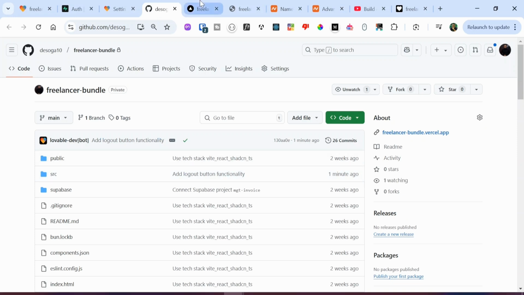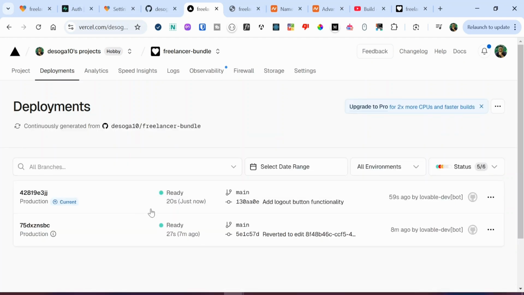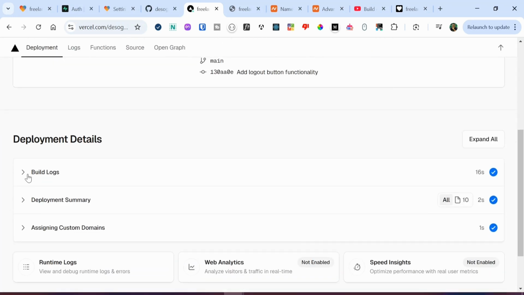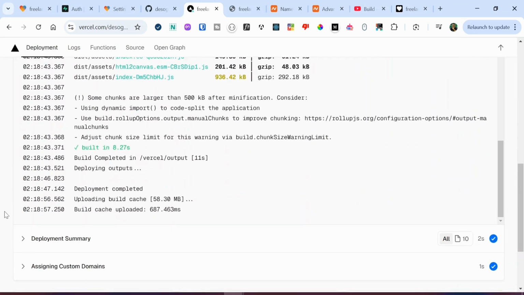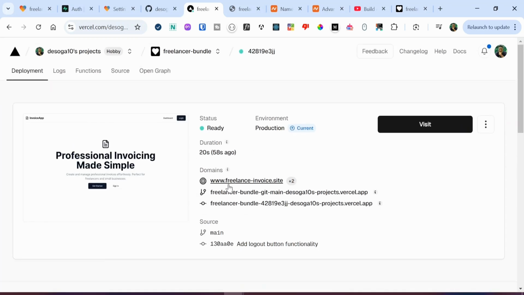And if I also head straight to my Vercel application, and I head to deployment, and then check out the deployment log by clicking on this particular URL, it's going to show the deployment process. By clicking on the build logs, we can see if the build has completed. I think it says deployment complete now, so the deployment has completed, which means this should reflect on the live URL, which is